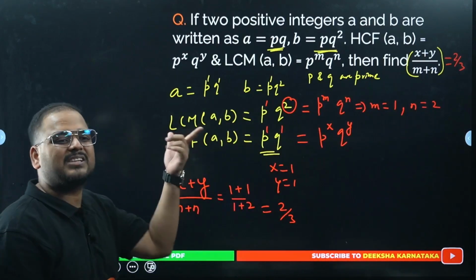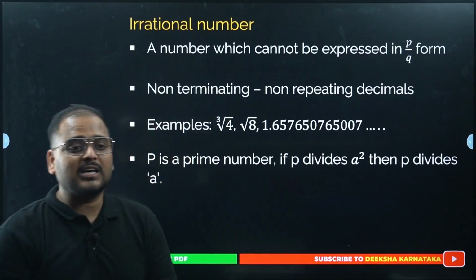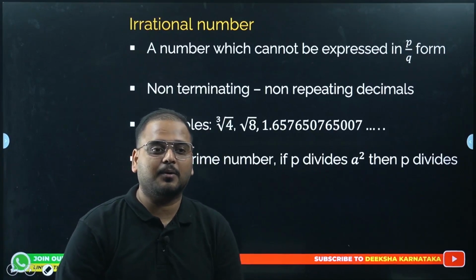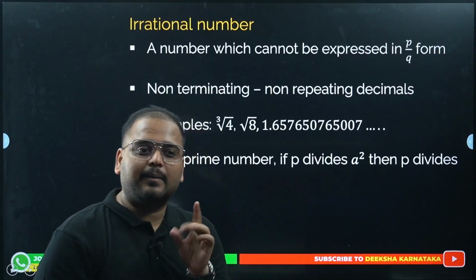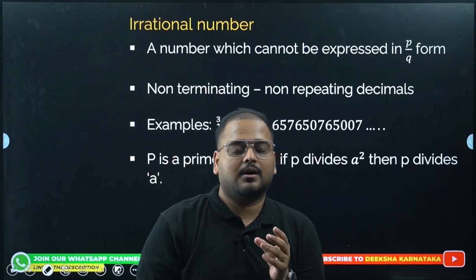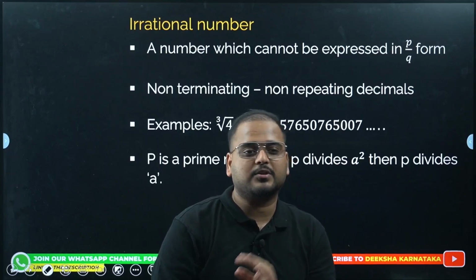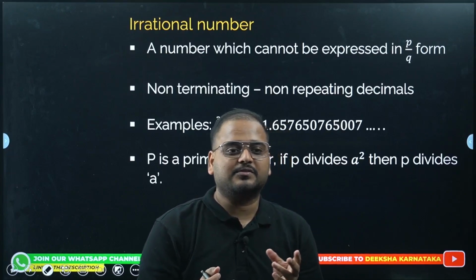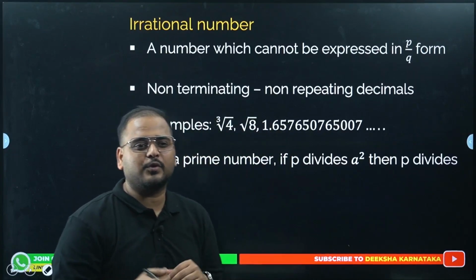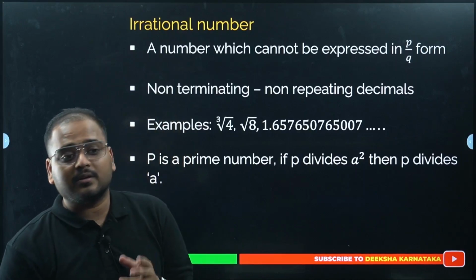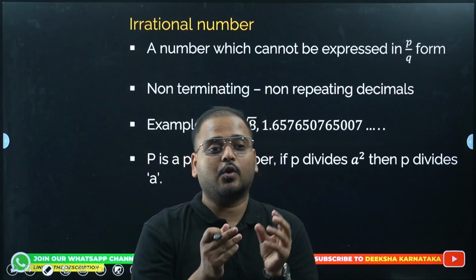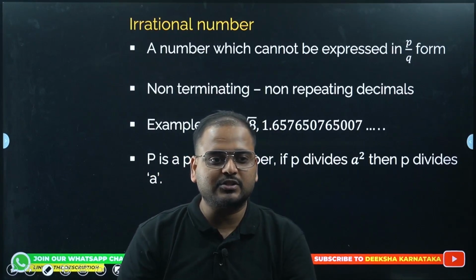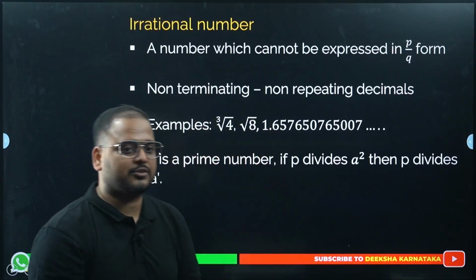Same concept, one step ahead we went. Coming to the last part of this chapter, irrational numbers. Very simple but small but important part. On this topic you have multiple questions coming in. Some people might get scared of these questions as well. Proving a number to be irrational, combination of rational and irrational to be irrational. So we'll work on that. We have taken a couple of questions, we'll solve them and complete our session.